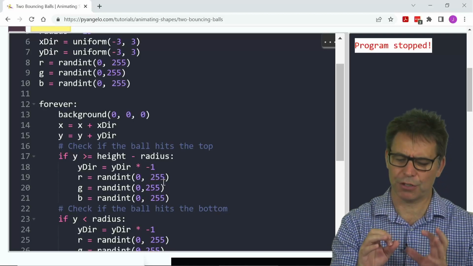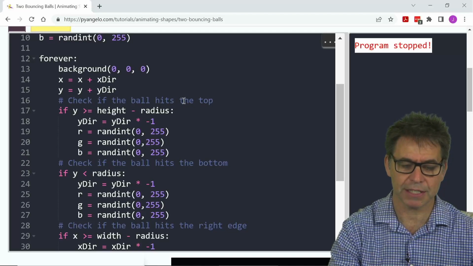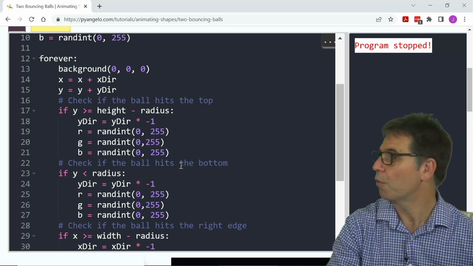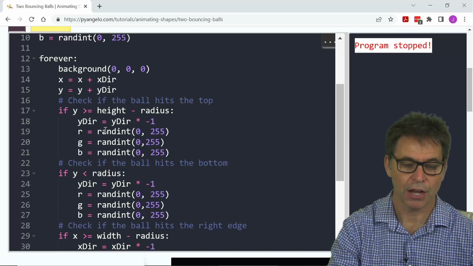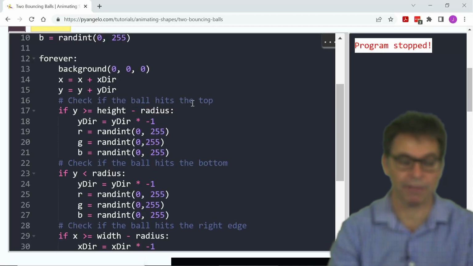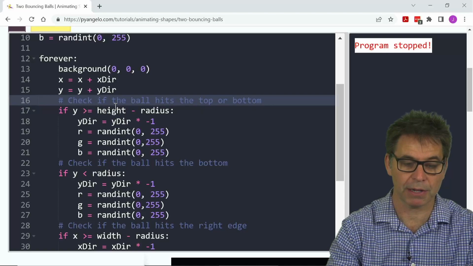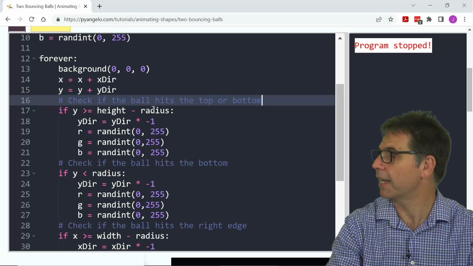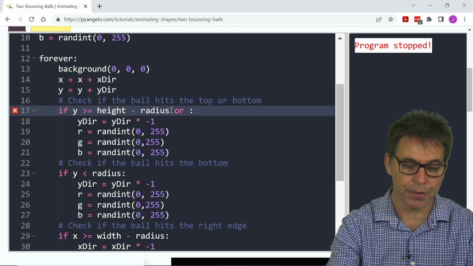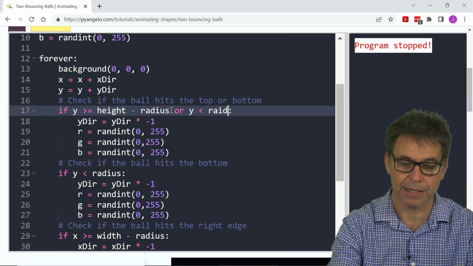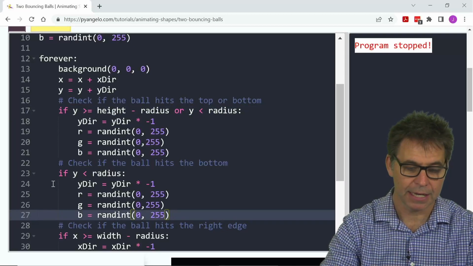Now, before I move on to creating a second ball, I just want to tidy up some of this code, because you'll notice that if the ball hits the top or the ball hits the bottom, we're running the same code. So instead of having this code twice, I can use an OR condition. So check if the ball hits the top or bottom, and I can say if y is greater than or equal to height minus radius, that's the check if it hits the top. And then I can say or y is less than the radius, that's the check for hitting the bottom. Then do this bit of code, and then I don't need